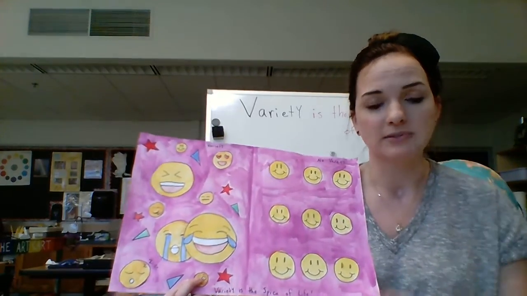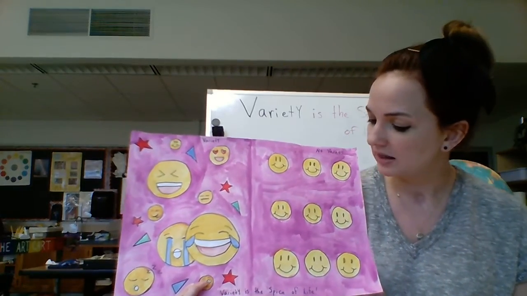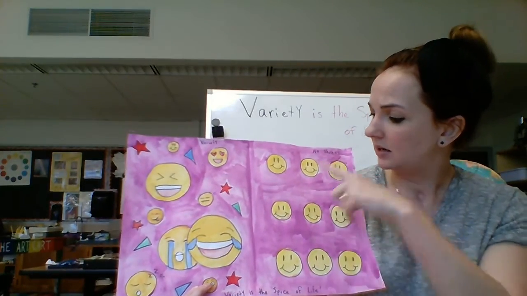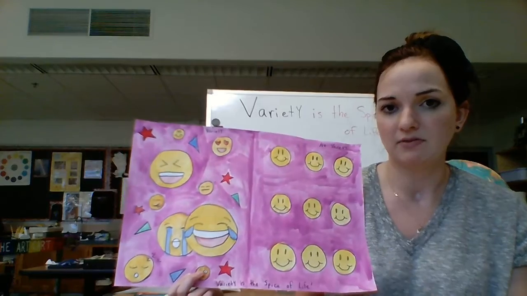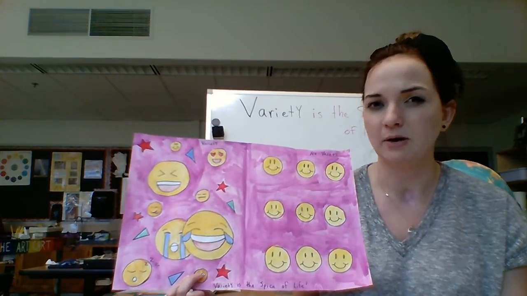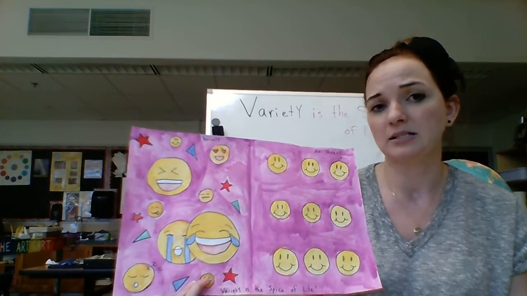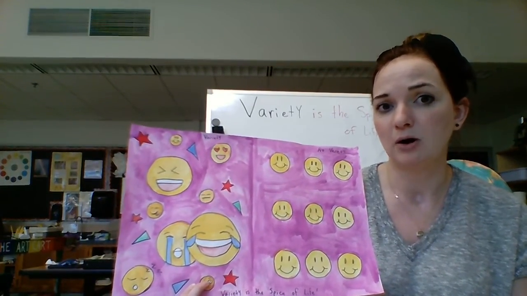And I can hook you up with something if you don't have anything at all to color in with. But use whatever you've got to color in with, and do one half of the paper the same thing again and again. For you, you might be like, oh, I don't really like the emojis as much as Mrs. O'Neill does, but I'm just going to draw the exact same Pokemon in the same pose, doing the same thing.